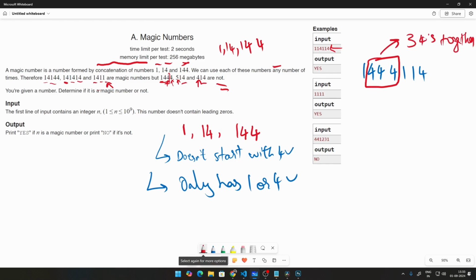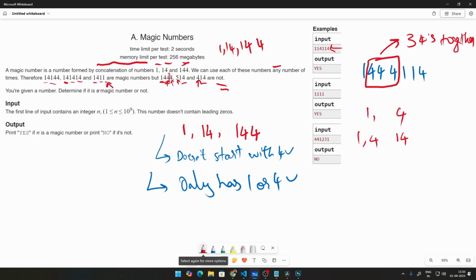Okay, see, now we have either 1 or 4 for this magical number, and there are multiple combinations on how you can put this 1 or 4. See, any number of 1s will be possible. So 1 is not something that we need to keep in mind, but we need to keep in mind the number of 4s. Initially, 4 1 will not be accepted, but 1 4 will be accepted, 14 is accepted. So that's why this condition is there, it doesn't start with 4. Okay, that condition we can check. Superb. Then what else? If you're looking for 2 4s,